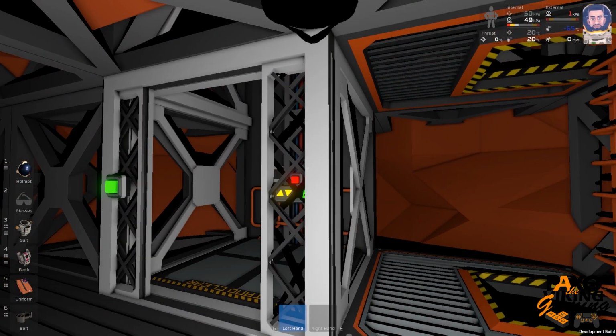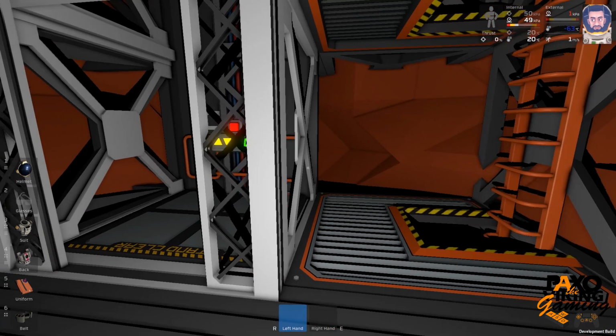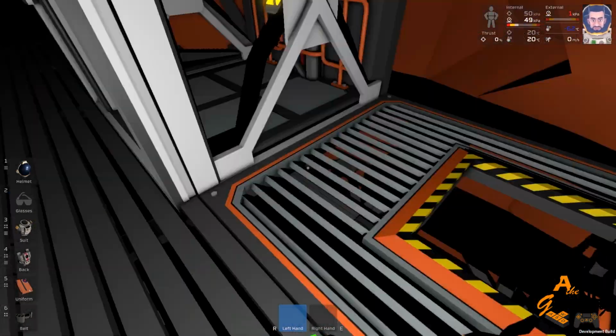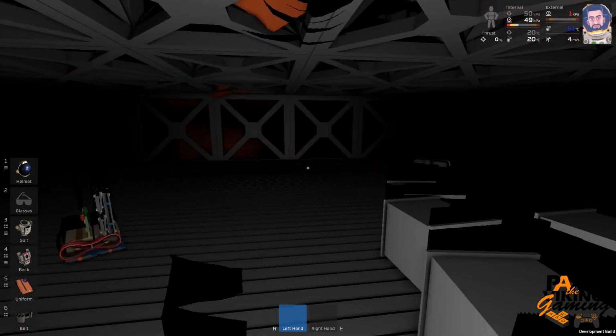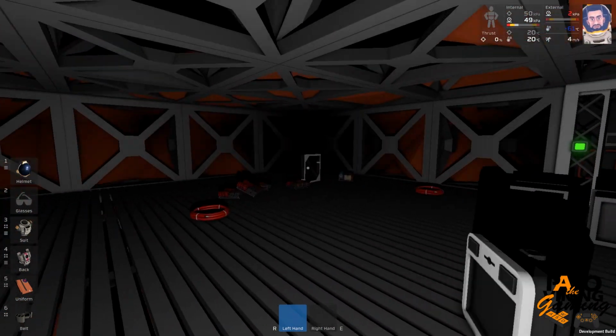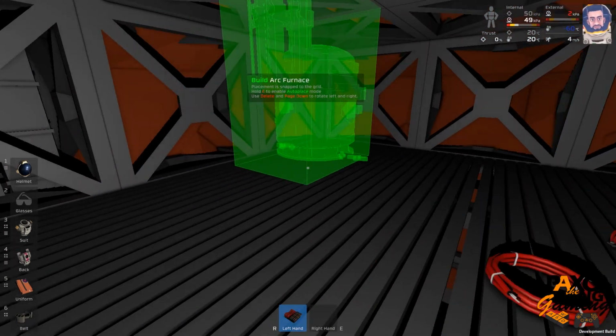So I wanted the lift so you can get, excuse me, I've got a bit of a cold. I wanted the lift to be able to get to the main floors, and then I wanted a hatch system so I could get to the underneath and work on the hidden parts of the base, as it were. So we're going to have 4 arc furnaces to begin with,